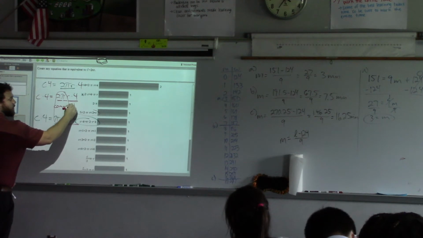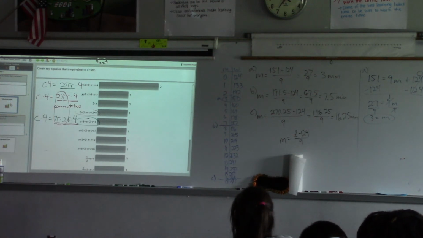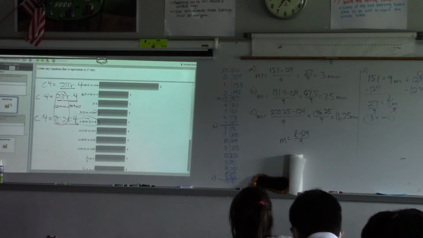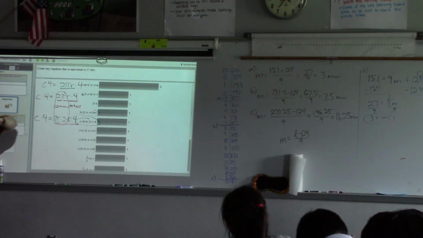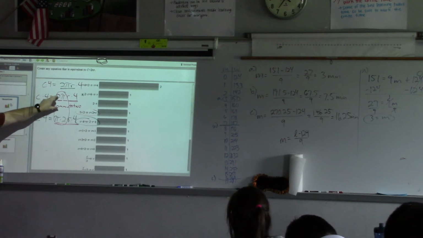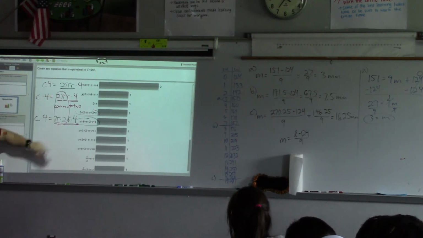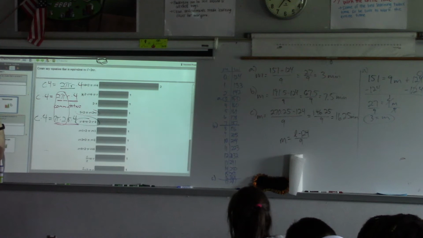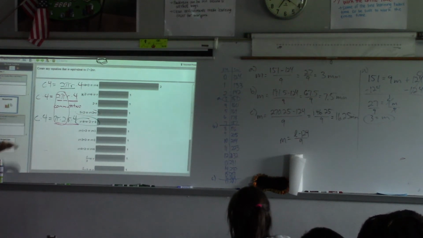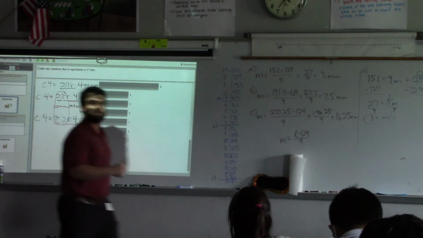So I really like this one. I don't know if this was what that person intended, but notice they actually used 2 different properties to create an equivalent equation. They used the multiplication by 4 property of equality, and they used the commutative property. As long as they use properties that create equivalency, that's okay. Those are equivalent equations. Those look pretty different from what they started with, but are they still telling the same story? Yeah. Do we understand equivalency a little bit better, hopefully? Ready to move forward?